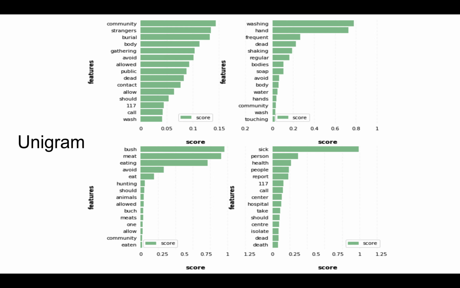The disadvantage of this unigram is that it's a single word, and sometimes if you just look at a single word, it does not make any sense. I tried to do bigram, but because of the limitation of the RAM, my computer cannot process such a big dataset, so I cannot do that. But the good thing about this unigram is that the k-means clustering separates these words very well.